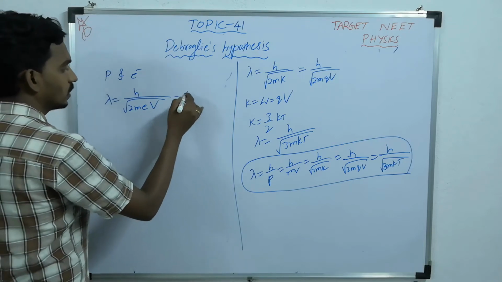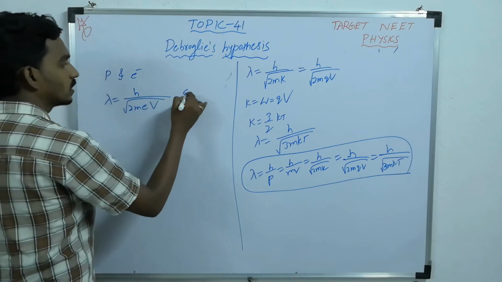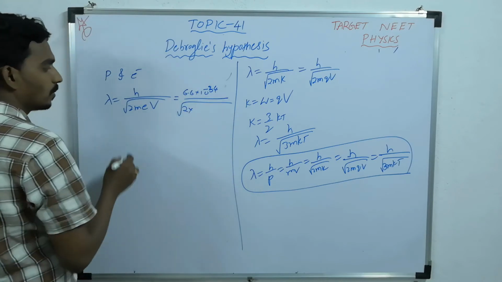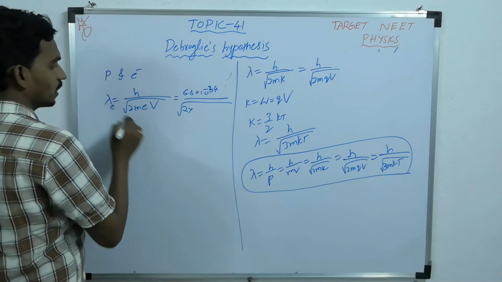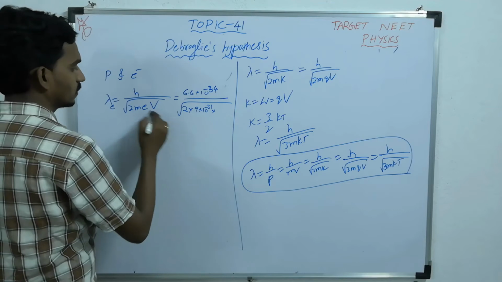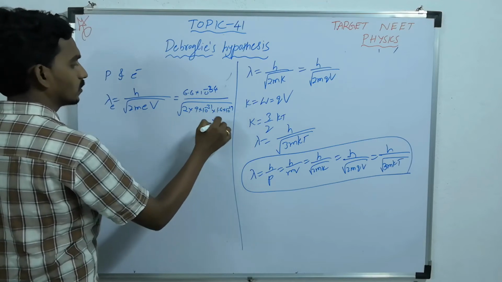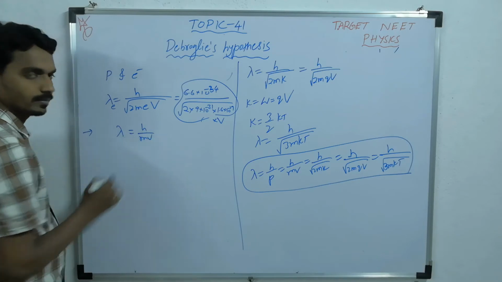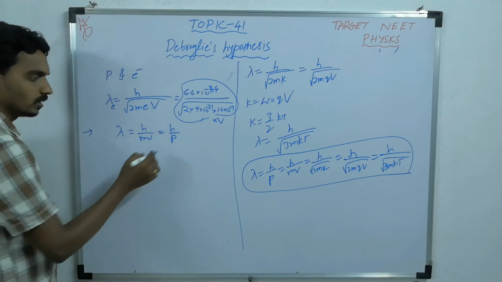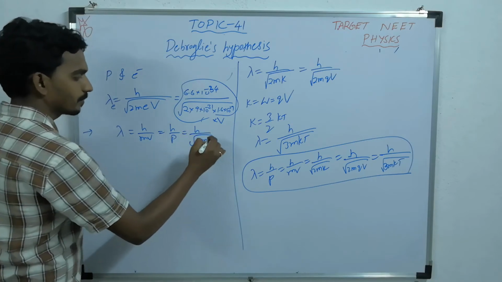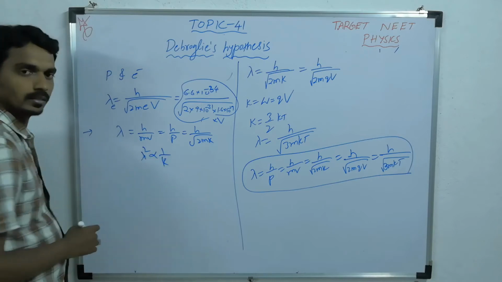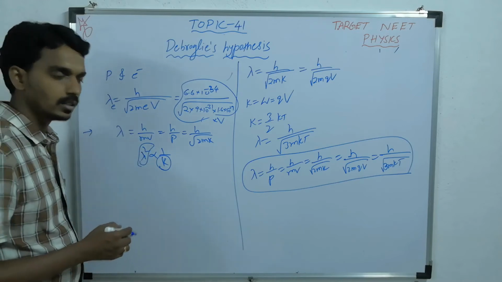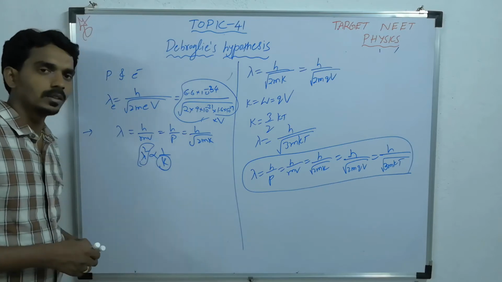So here you can calculate this value, like h is 6.6 into 10 power minus 34, under root 2 into mass, the mass of the electron 9 into 10 power minus 31, 1.6 into 10 power minus 19 into V. Apart from this, sometimes they will ask, suppose lambda equals h by mv or h by p, then h by root 2mK, so lambda square is proportional to 1 by K. If the kinetic energy is increased or decreased by some percentage, what is the corresponding percentage change in de Broglie wavelength? They will ask questions like that also.